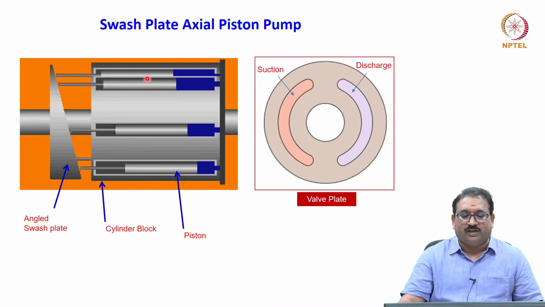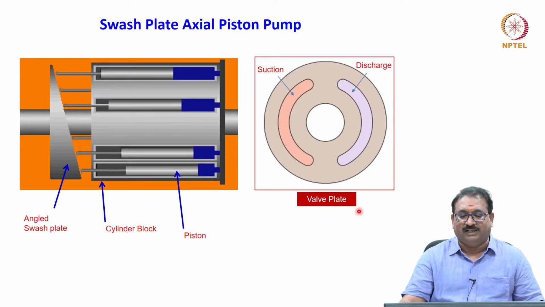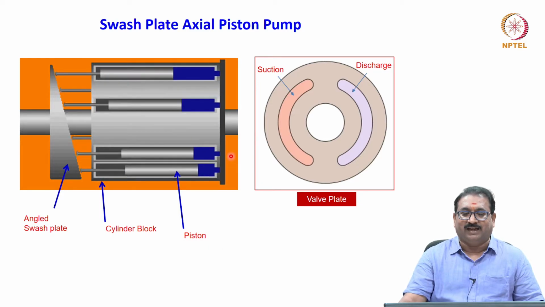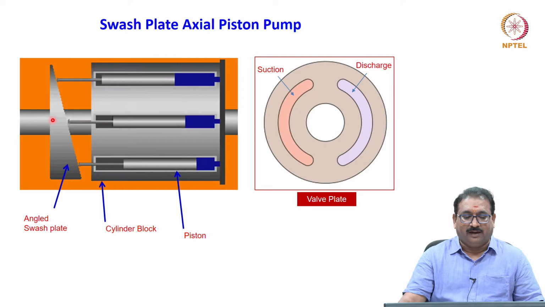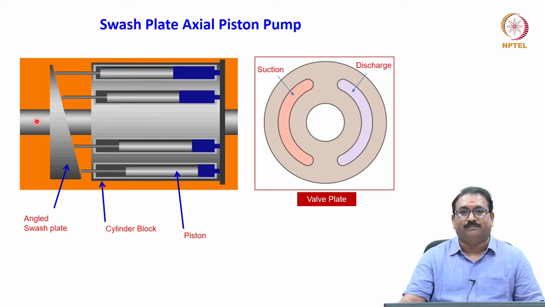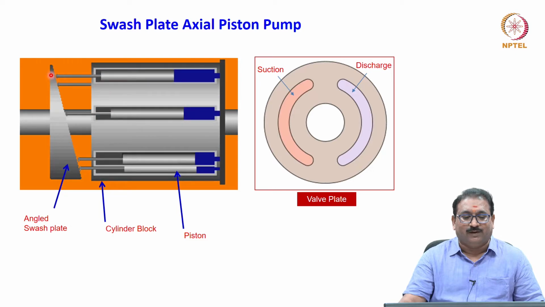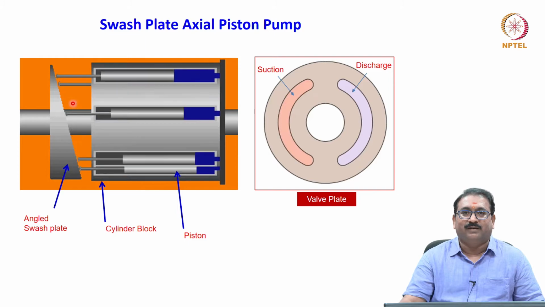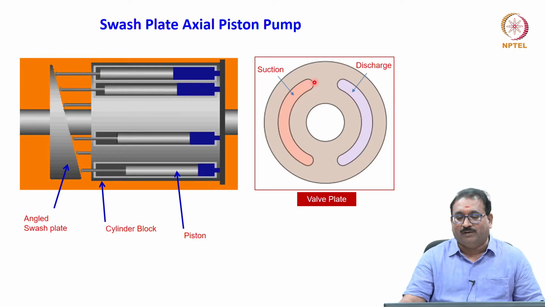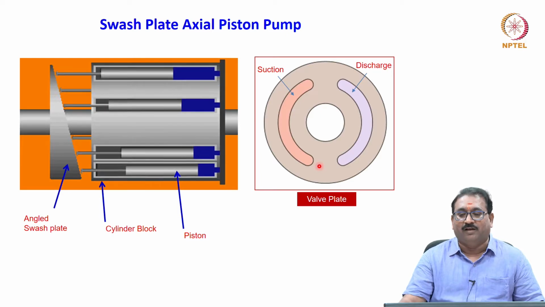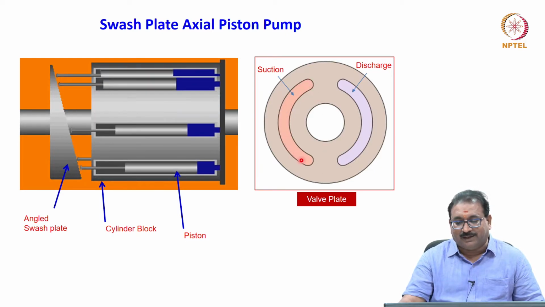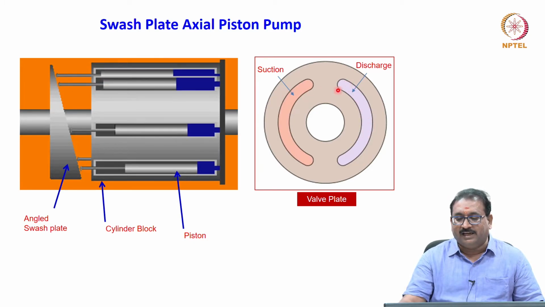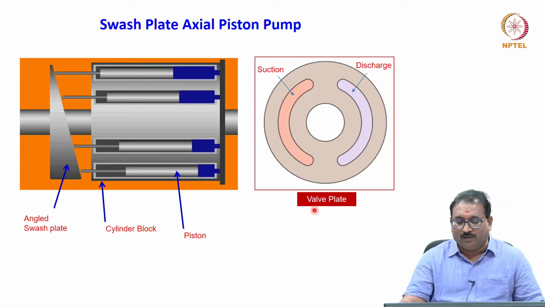Now we will move on to the swash plate axial piston pump. See here friends, swash plate axial piston pump. Now what is the difference between this and that? Here you will see the cylinder block and the drive shaft axis are on the same line. But how the stroke is obtained, you will see one angled swash plate is there. Here also inlet and outlets are same. When it moves from top dead center to bottom center, half, 180 degrees, that time suction takes place. When it moves the other side, discharge takes place through the kidney shaped port openings. They are provided in the valve plate.